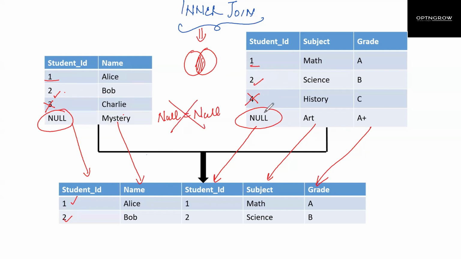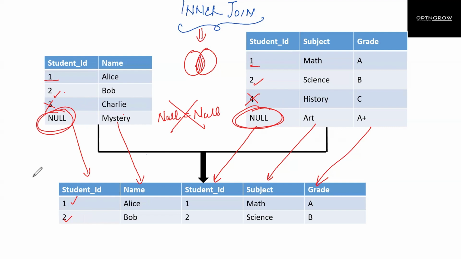Understand this thing. Null simply means nothing. Null says I don't know. So nothing is never equal to nothing. So these two rows are not equal, and that's why this row is not included as a part of the output over here.